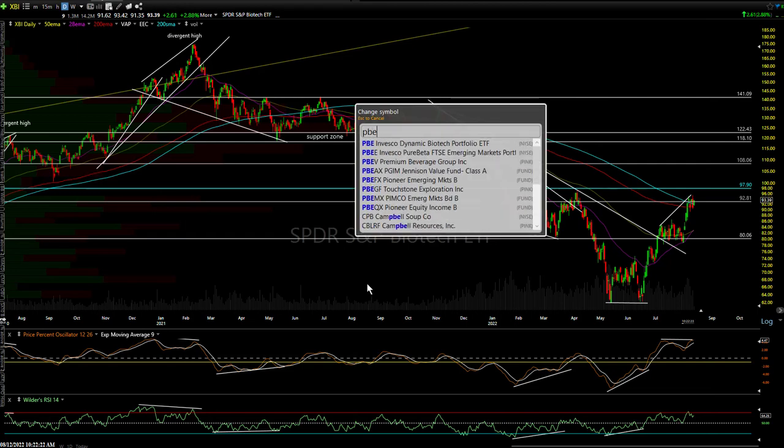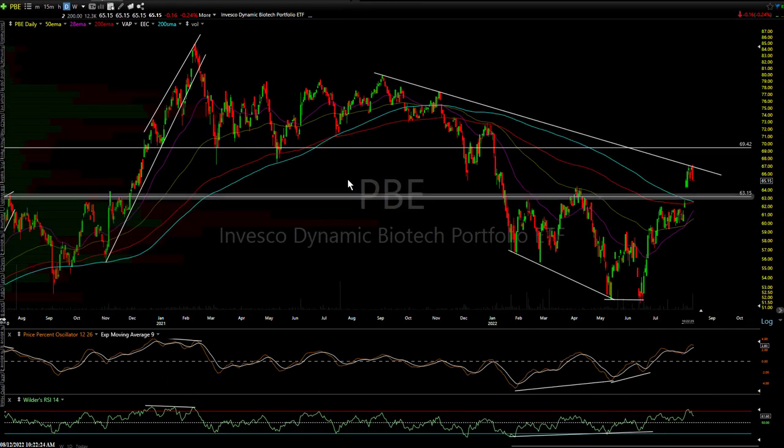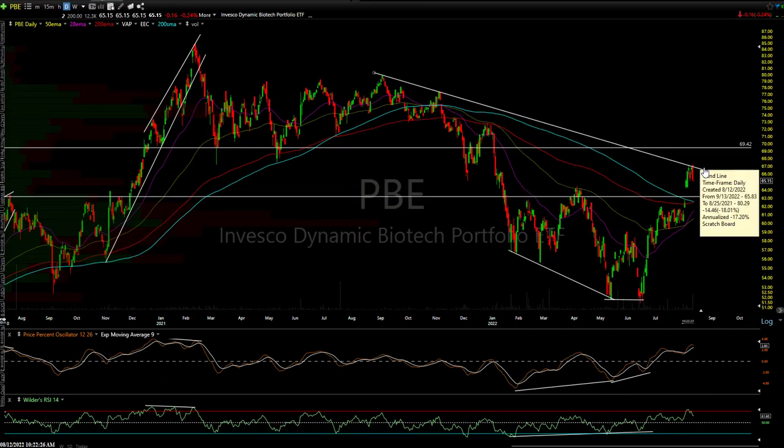PBE is another one. That one's actually at a downtrend line right there, downtrend line resistance. And I often say birds of a feather flock together, but that doesn't hold true in every sector. It does in, let's say, the gold mining stocks. They all tend to move in synchronicity, in sync. Then you have biotechs, but you have such a